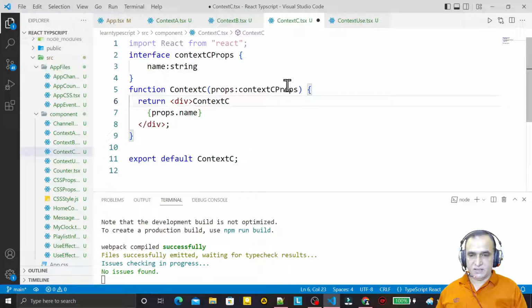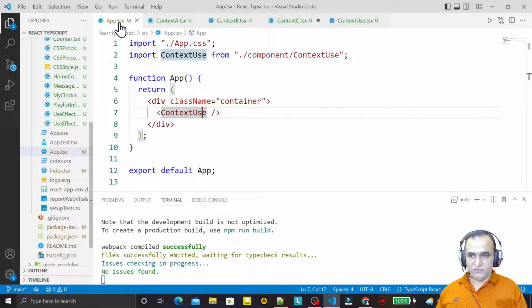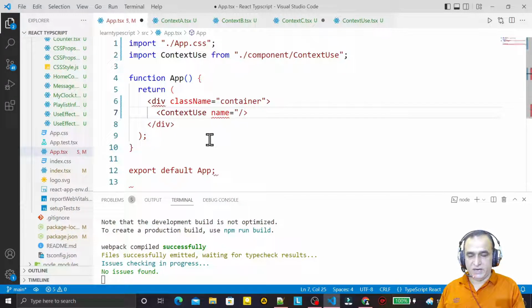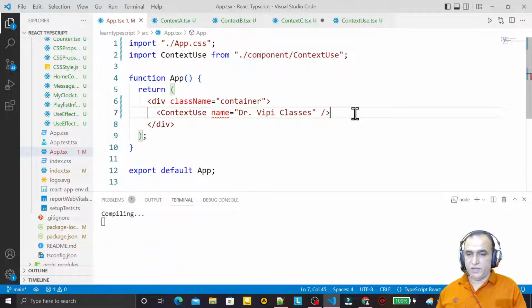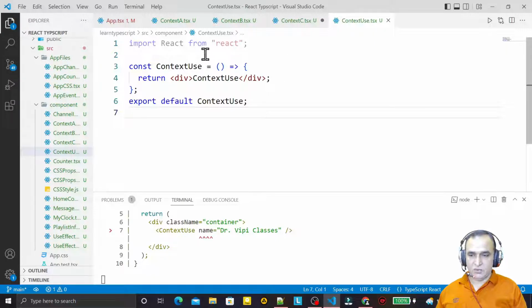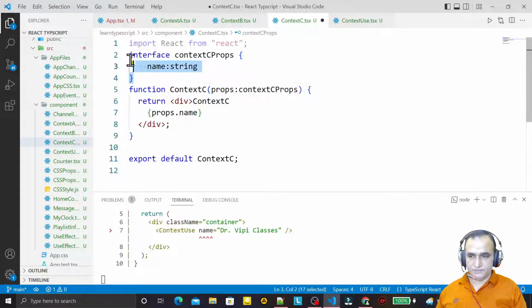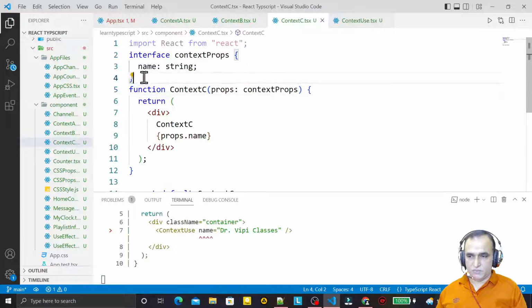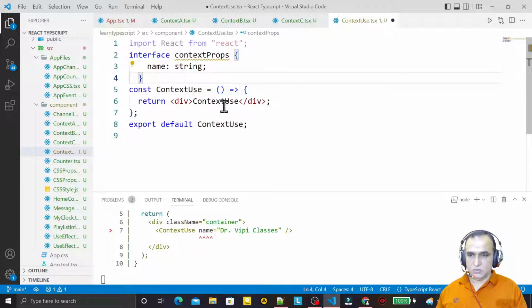We specify this. So I want to send data from this app. Remember, from here I want to send data or a name. I say Dr. Vipin Classes. I want to send it from here. So first of all I have to specify here also that I am using this data. So I just copy this and I say context props. I am removing C because everywhere I have to pass it. So I just copy this and you see, first of all I need to paste here also, then I use